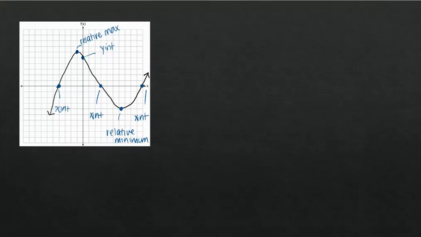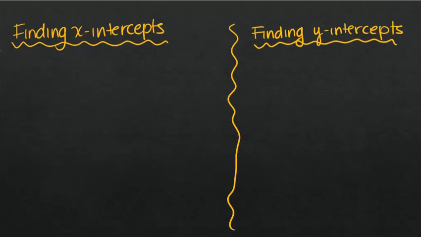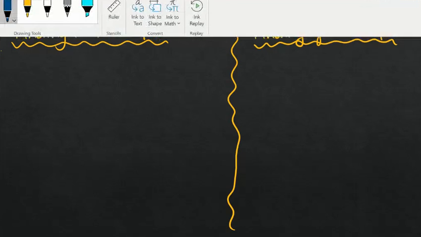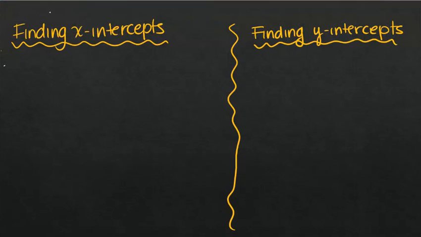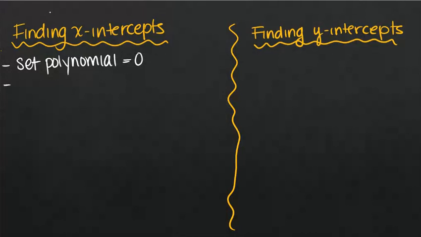Okay. Next, we're going to talk about how do you find those x-intercepts, or how do you find those y-intercepts when you're given an equation? And so we know that the x-intercepts are your zeros, your solutions. So in this case, if you are given an equation and you're looking to find your x-intercepts, you're going to first set the polynomial equal to 0, and then you're going to factor